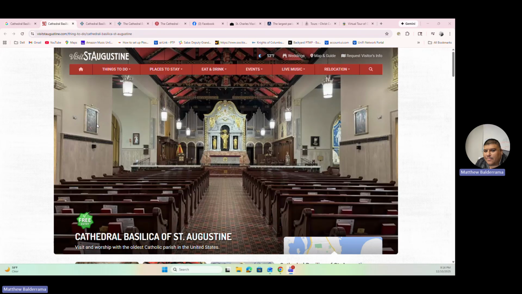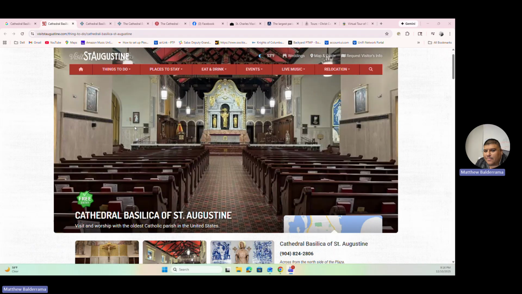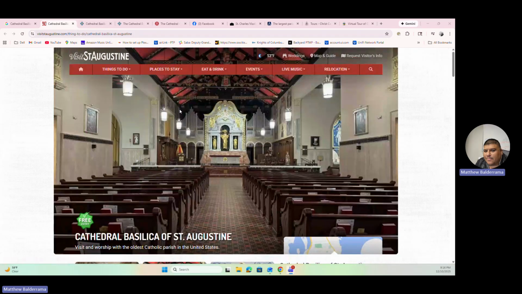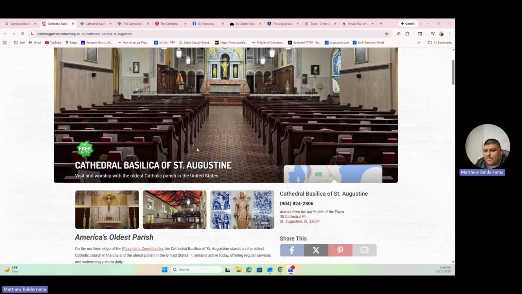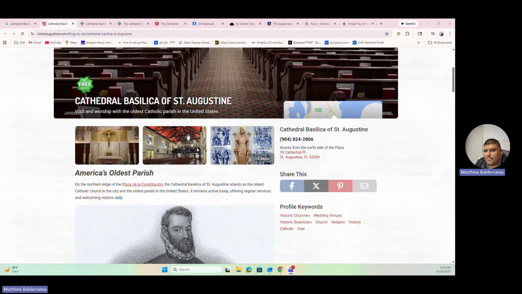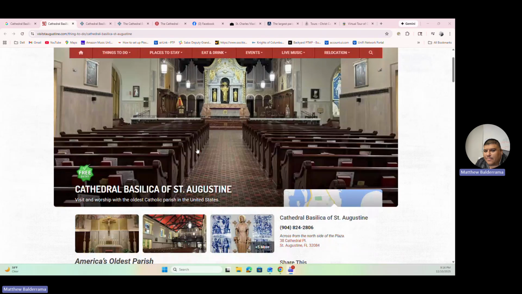And the liturgy is the prime basis, and I'll talk later about the importance of the consistency and what you're seeing. You will see some changes throughout it. So one of the ones that I pulled up first is one of the first Catholic churches in the United States, the Cathedral Basilica of St. Augustine. So here are some images of it.